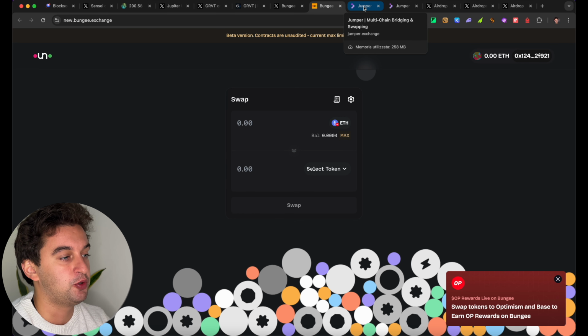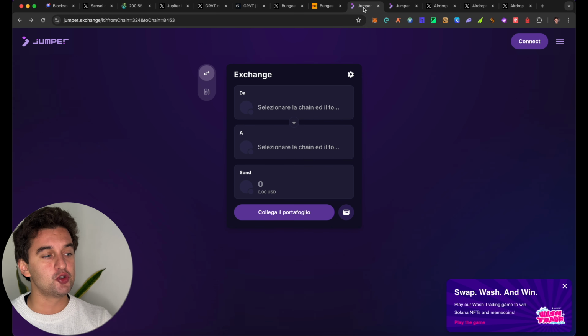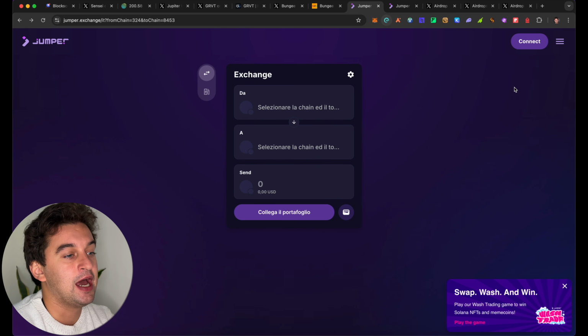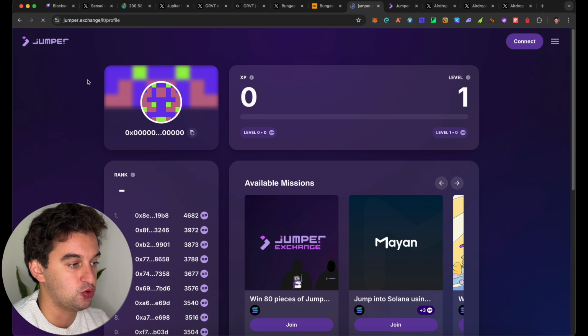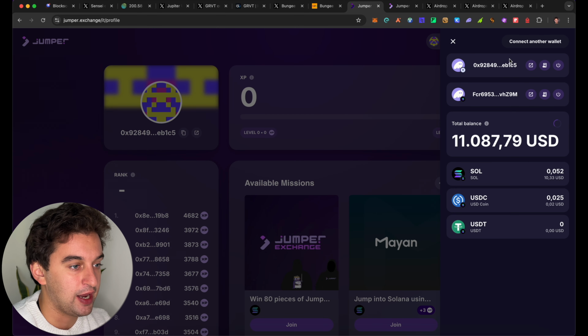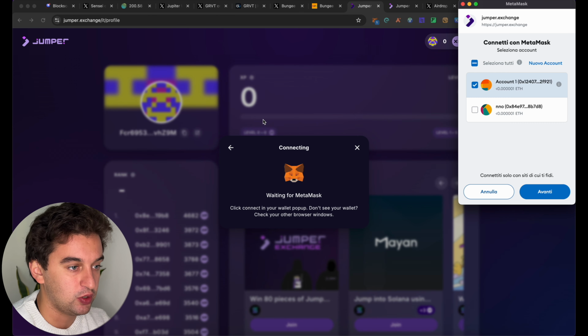Really love this protocol. We've been talking about it for a while. Talking about Jumper now, the Jumper airdrop is going to come very, very soon. Absolutely, yes. We got the XP points, we got our profile over here, we got the experience points that we do have within Jumper already. If we go and connect my wallet, let me connect another wallet. I do believe it is the MetaMask wallet over here